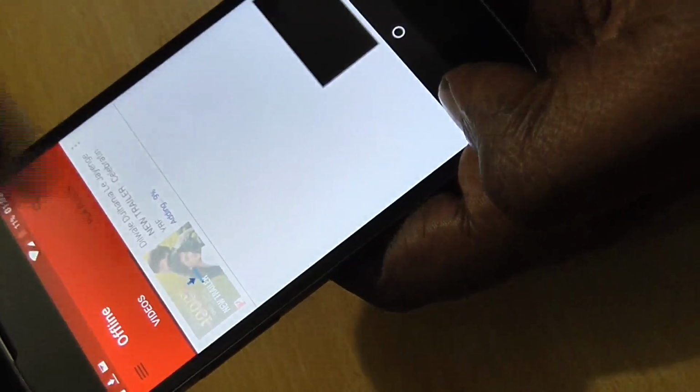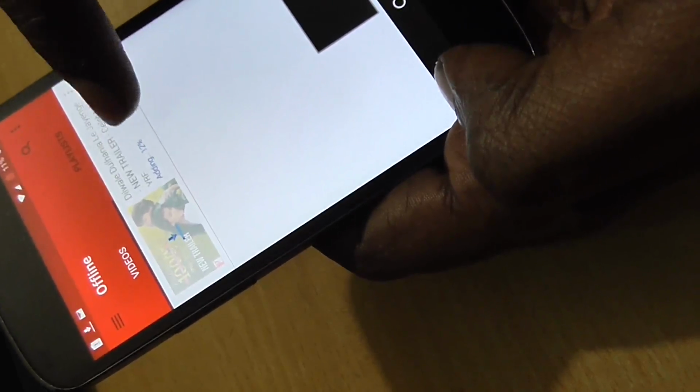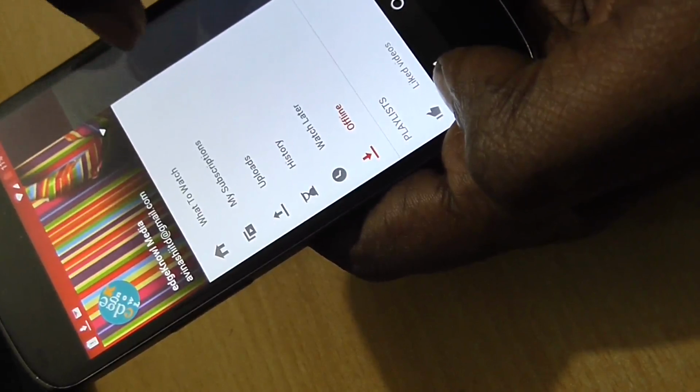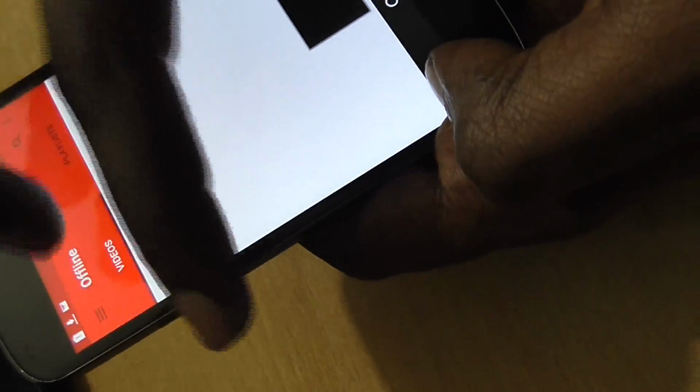So right, and the download goes to the offline section of the app. Here I can see this particular video is being downloaded, right? So if you go here, you will see the side bar of the YouTube app.